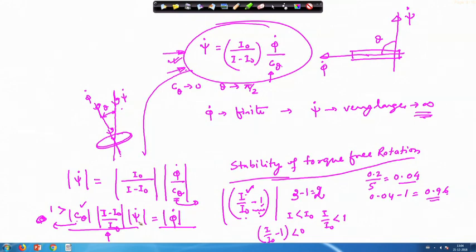Cos theta is less than 1, and psi dot is here. So, this is less than 1, this is less than 1 magnitude wise, and these two are related by this relationship. So, what does it imply? Here this quantity which you are multiplying, in this particular case, becomes less than 1 magnitude wise. So, that implies psi dot will be magnitude wise greater than phi dot. This is exactly what it is implying. So, this is the way of looking into it if you are given any problem. You can analyze starting from here.